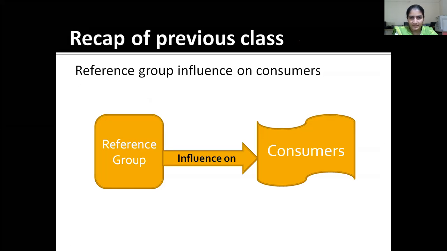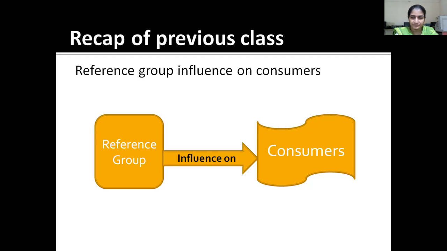So before exactly starting today's topic, let us first recap our previous class topic, which was reference group influence on consumers. How reference groups are influencing the consumers in taking decisions. We discussed different types of reference groups and, in different criteria based references, what is given by these reference groups and how they influence the consumers and modify their buying